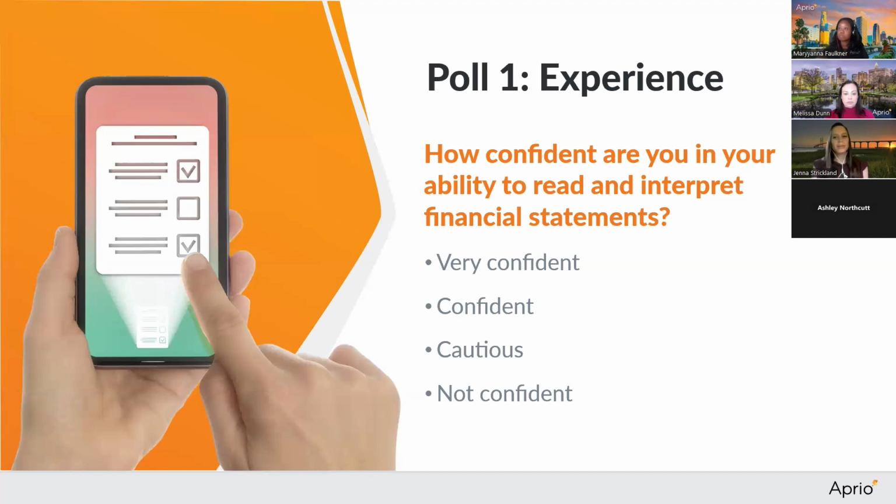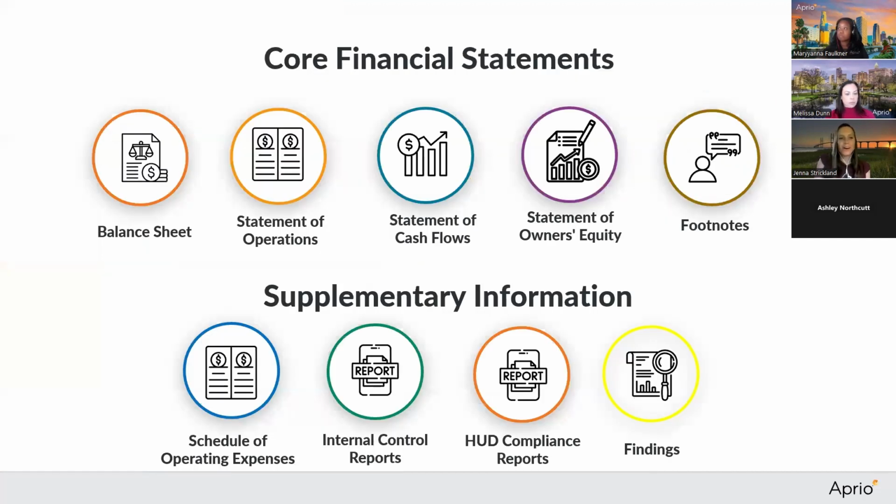All right, so feeling kind of middle confident at this rate, and let's move on and show what else is involved in the audit so we can really get those confidence levels up. So we'll start with the core financial statements. When you first get an audited financial statement, clearly the focus is going to be those financial statements. So we're going to move across the financial statements that are involved and then also show some supplementary information that might be included. So you're always going to start with your balance sheet.